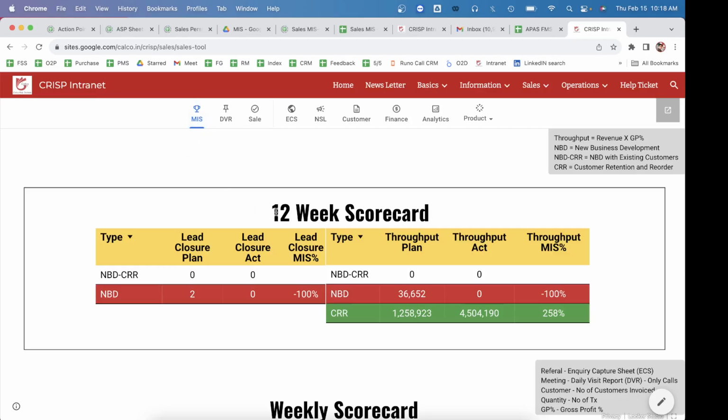This will give us the head start to the 12-week scorecard. This is nothing but the target that we have to achieve for the 12 weeks. As we are starting from week 1, we are going to cover week 1 to week 12. So this scorecard gives us an overview of the overall goal of the organization, which has been broken down into